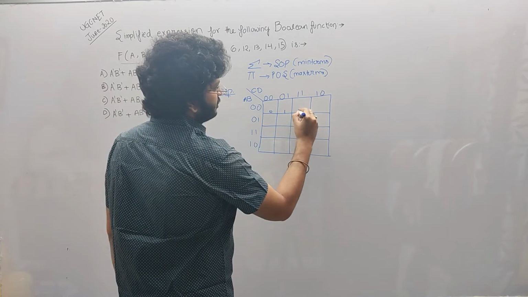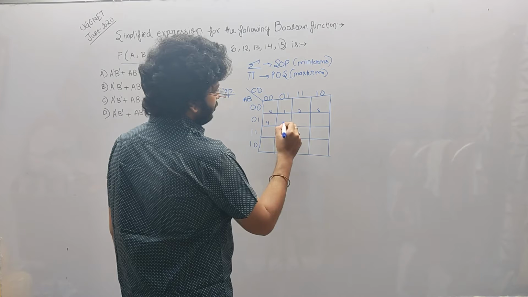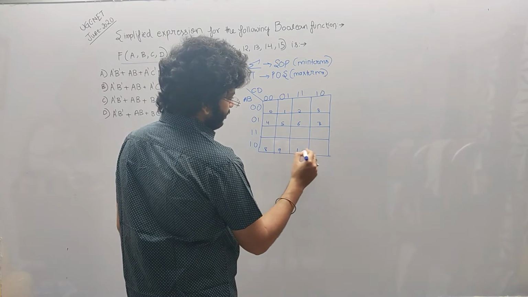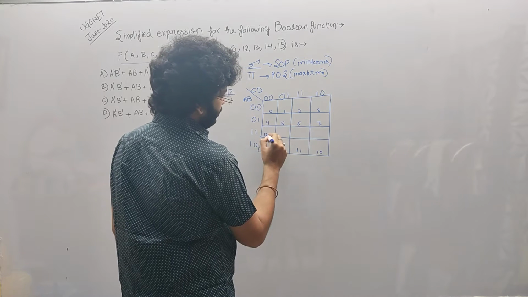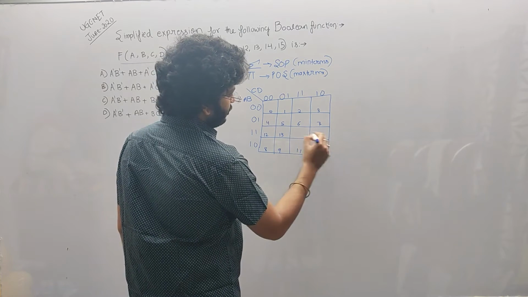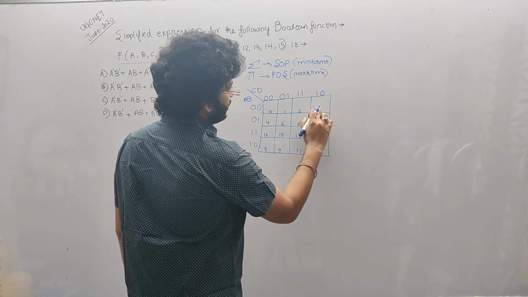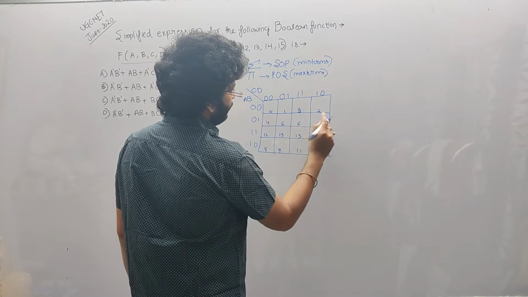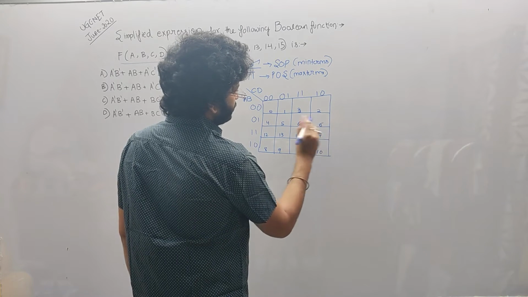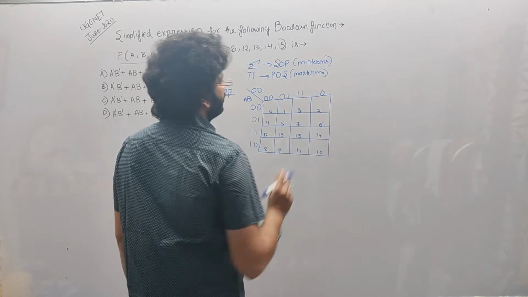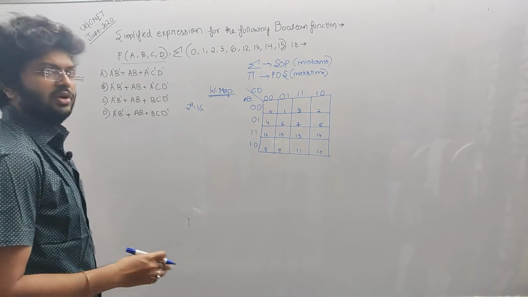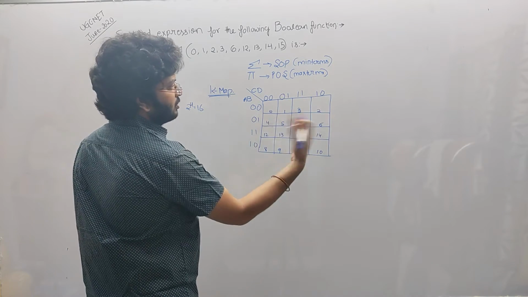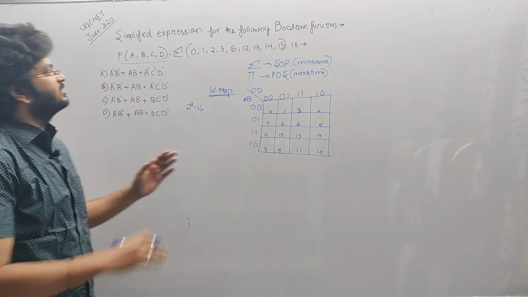So let me write the numbers: 0, 1, 2, 3, 4, 5, 6, 7, 8, 9, sorry, 10, 11, 12, 13, 14, 15. I made some mistake here. It is 2, it is 3, 4, 5. This part is 6, and this part is 7. So basically the concept of Gray code is used, because there has to be a shift in only one bit, so this value also changes. Now we will be placing the values here.